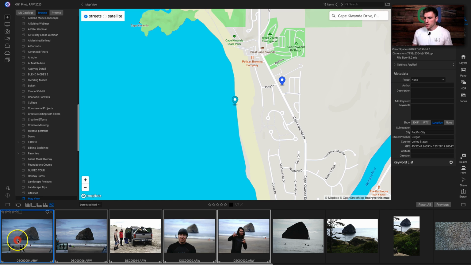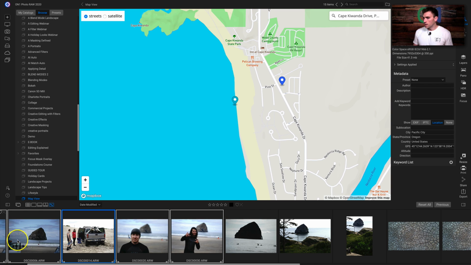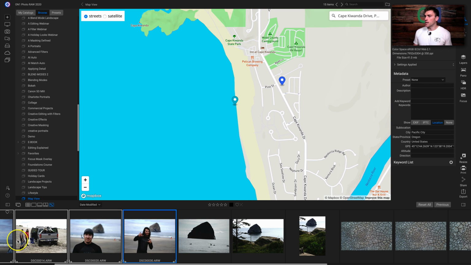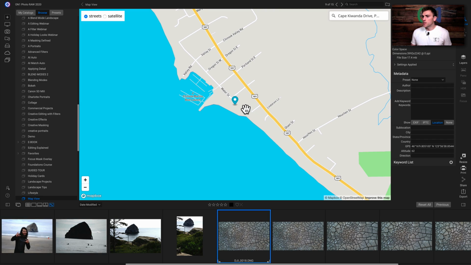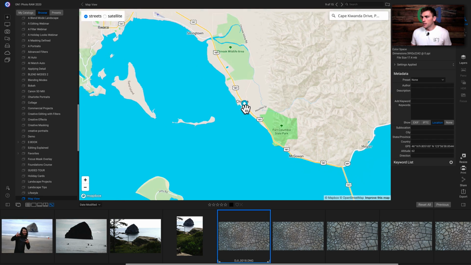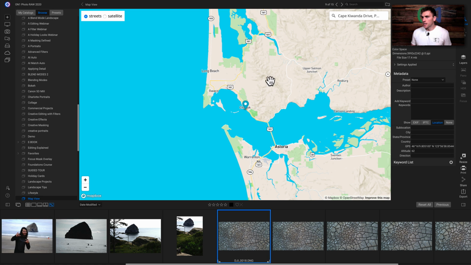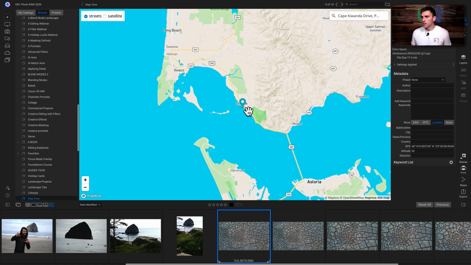So now if I go through these different photos here, they're all synced up to the same location at Pacific City, Oregon in the US. Well, these photographs over here were actually taken with a drone, and drones are awesome at keeping the metadata location for the photographs. So if I zoom out a little bit here, I can see that this photograph was actually taken in Washington near Chinook, on the Pacific side of the state. Well, if I zoom in here,